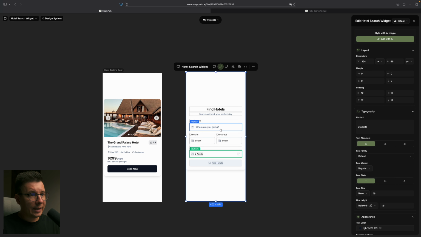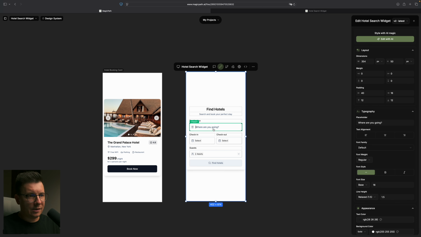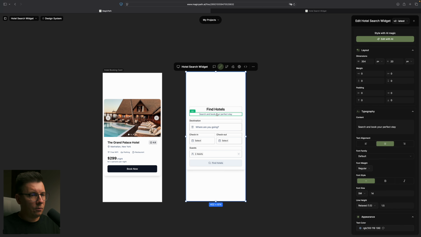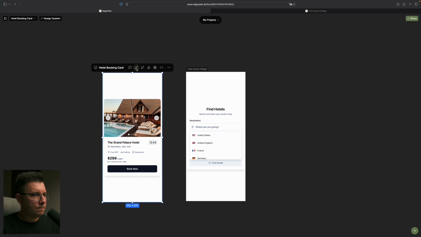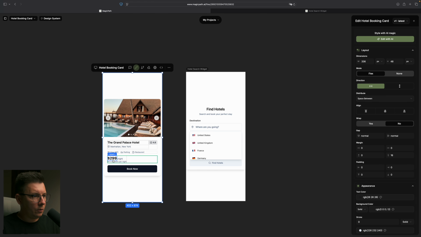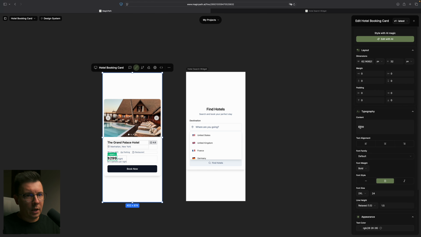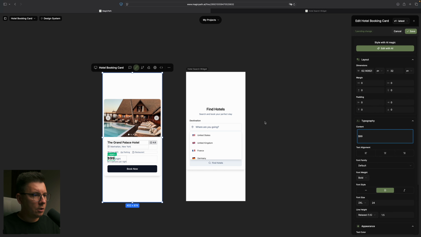like selecting the exact field. And what I like about MagicPath is that it works like Figma. I can select a certain area and change the appearance of it and fix it, like the colors. I can fix the text and stuff like that, so I don't need to prompt the whole thing again and again. I can just fix only certain areas of it, which is really good. So for example, here I can change the price